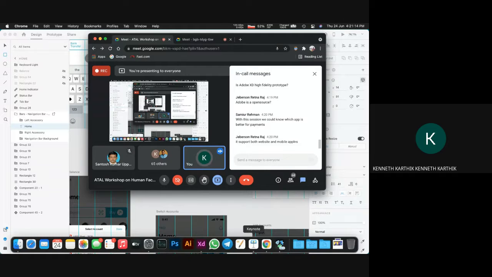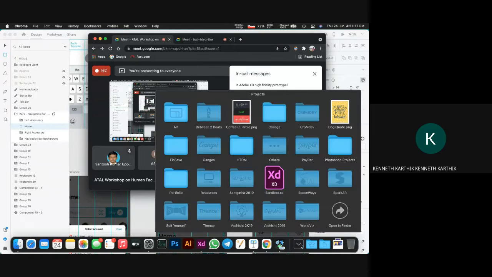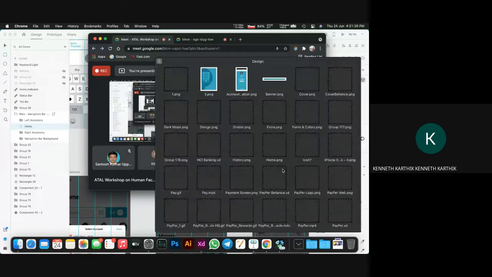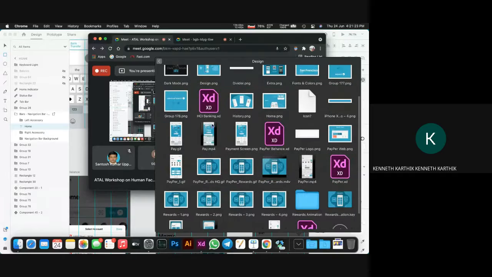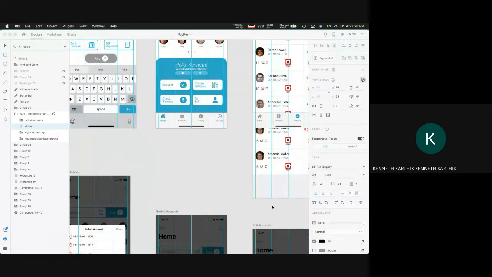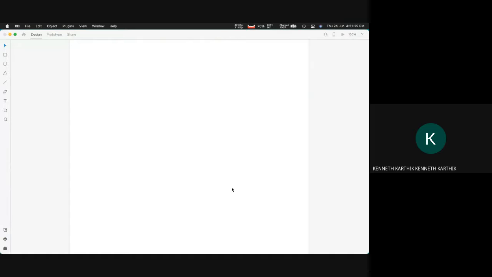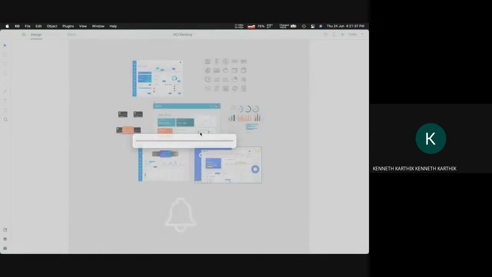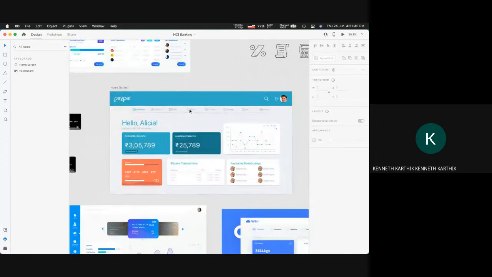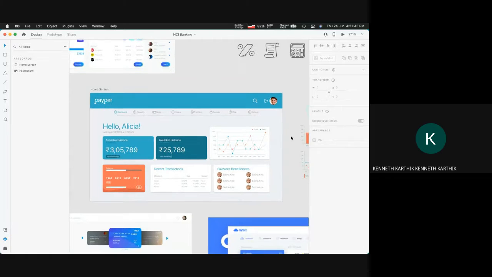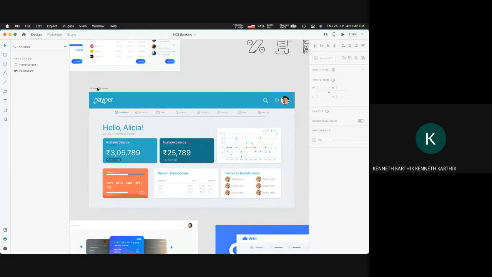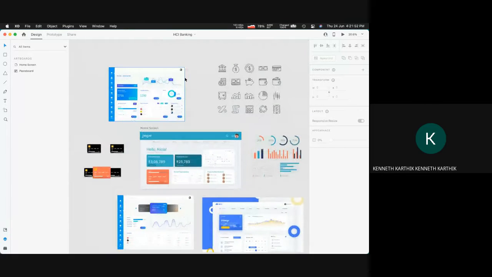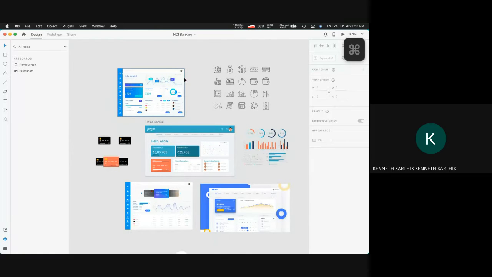It supports both website and mobile applications. Yeah, it does. So I'll actually show you this also. For the app itself, I had a desktop version also, which is just a small project. It was done within 2 hours for an examination. It was just a rough idea of what a website version of this application could look like with analytics, so I don't think it's fully realized yet. But Adobe XD is a really good application.